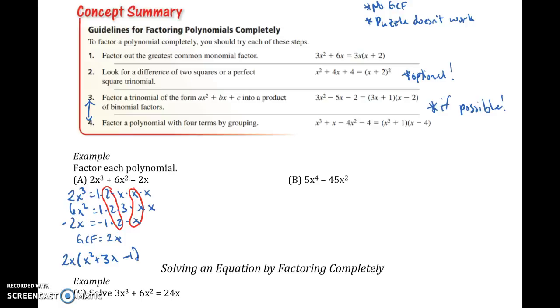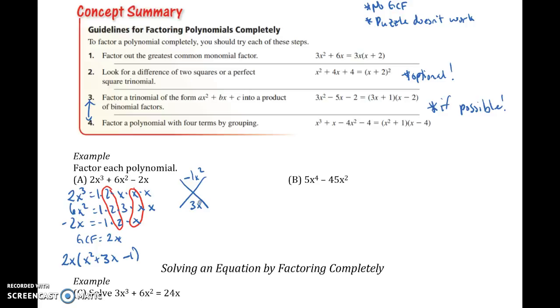So I might look at that and be like, well, I don't see any special patterns here. So let's try out the puzzle. So multiplying x squared times negative 1, we get negative 1x squared. And then put the 3x below. I'm going to ignore that 2x because the 2x already came out. It's already one of my factors. So I'm just, again, going to bring that back to the answer and work with what's in the parentheses